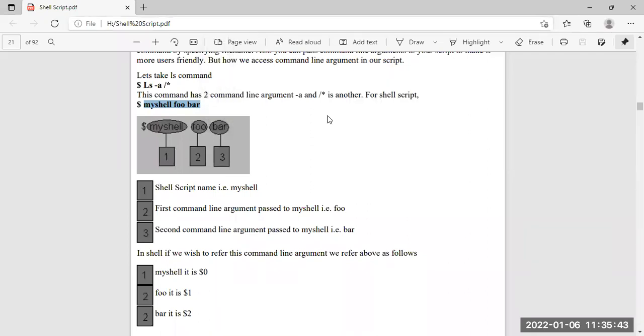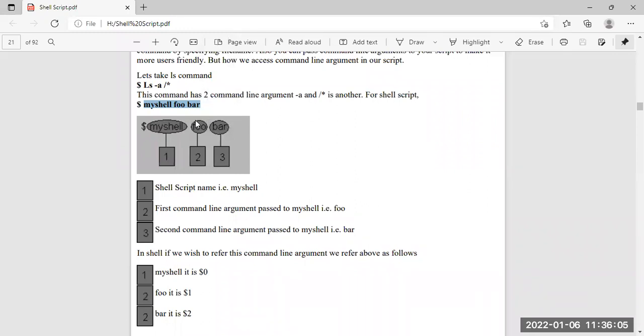So what is the point of 1, 2, and 3? The first, myshell, is the name of the shell script. Foo is the command line argument passed with the shell script, and bar is the second command line argument passed to myshell.